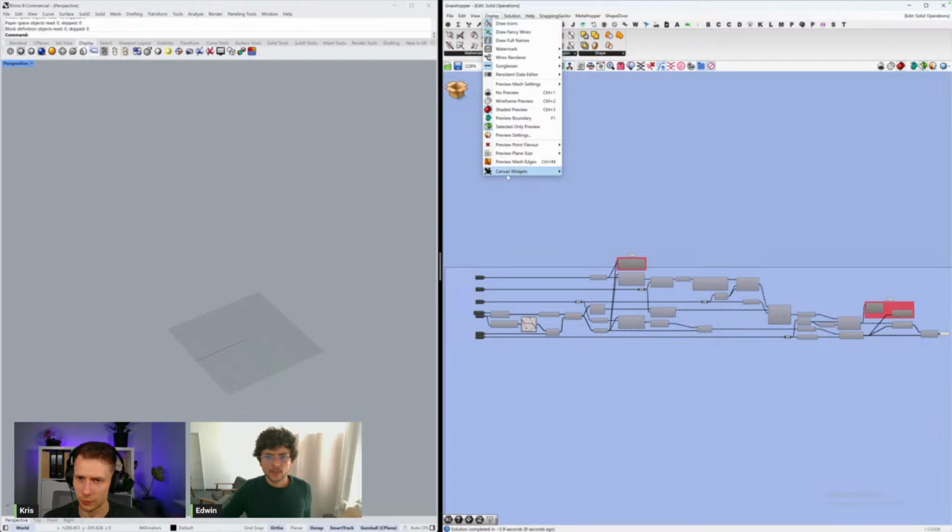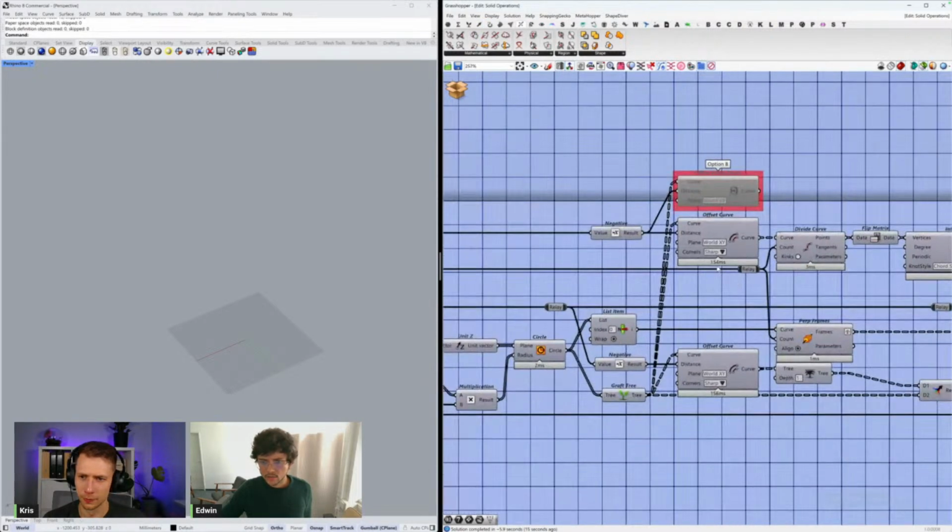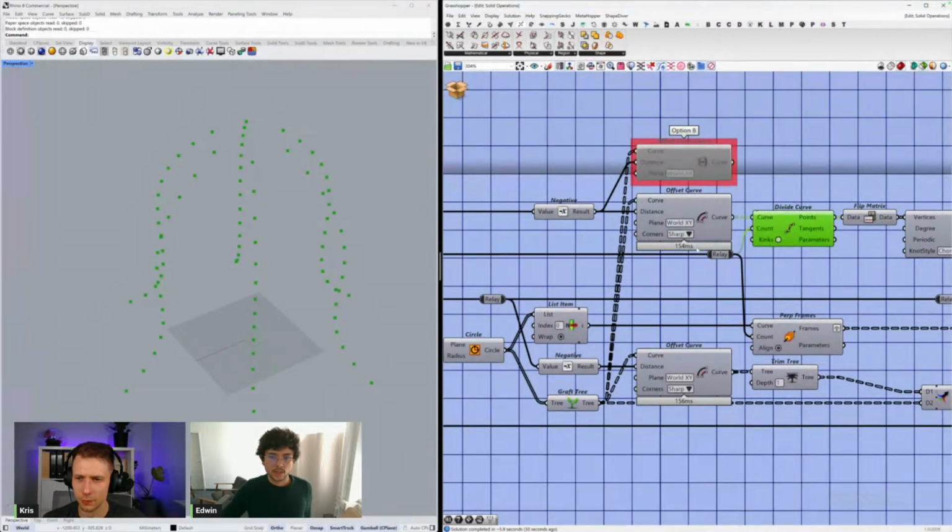Here in display, canvas widget, you have the profiler. Okay. And when you activate it, if you right click on one of these, it also tells you when you want to show it. So for example, here I wanted to show it up to the minimum because I want to show something very specific, but sometimes it really doesn't matter. If I say up to 50 milliseconds, anything below 50 milliseconds will disappear from the profiler. And if I go 1 millisecond, or I think none should show it always. Yeah, but 0 milliseconds doesn't make sense anymore. So that's why I put 1 millisecond.